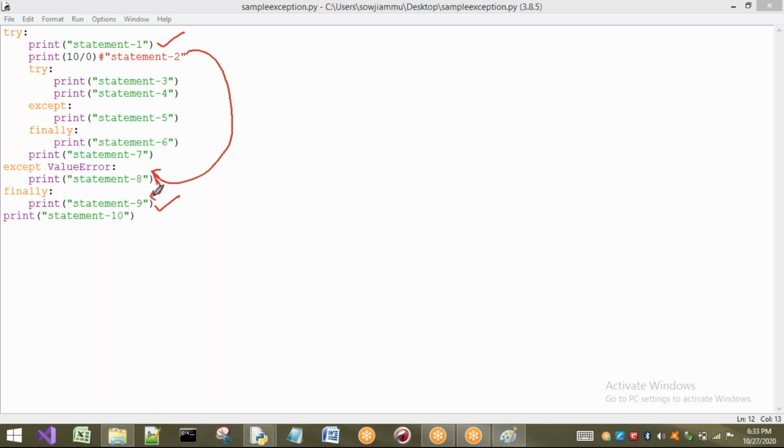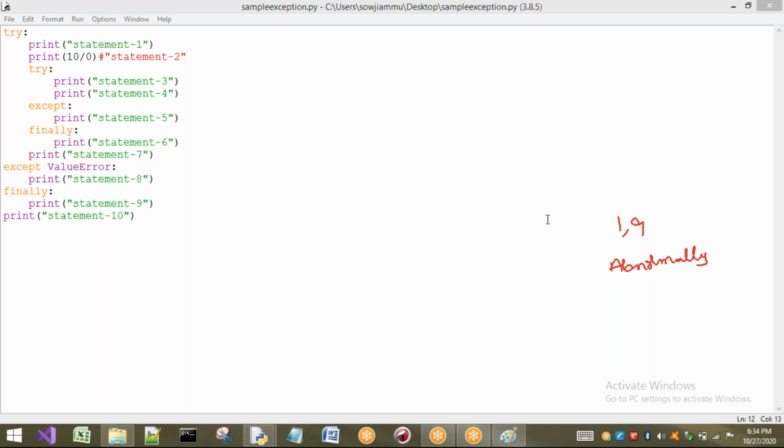And after that, what happens? As the exception is not handled in our program, the program is going to be terminated abnormally. That means whenever I say abnormally, we are going to get an error. Now see what statements are going to be printed here? 1 and 9, and the program is going to be terminated abnormally by showing an error. Now see what is the output? 1 and 9. I will write here: 1 and 9, and the program is going to be terminated abnormally.